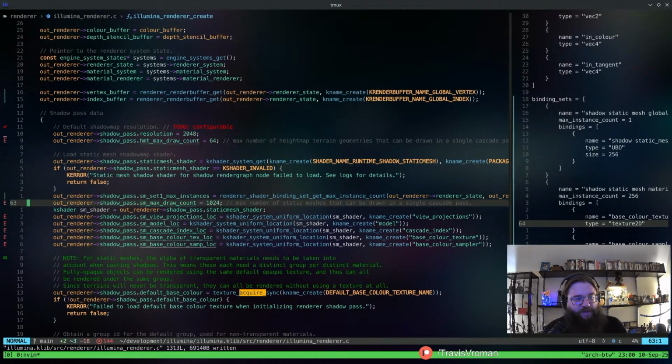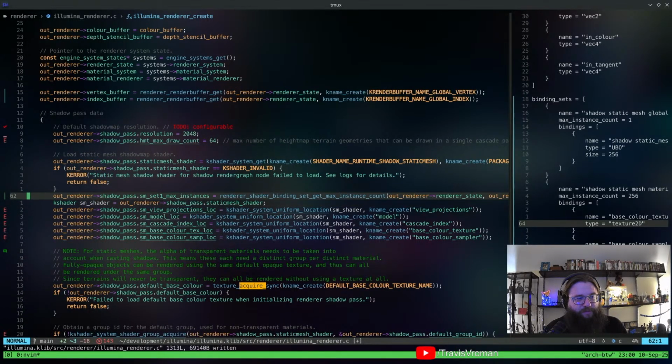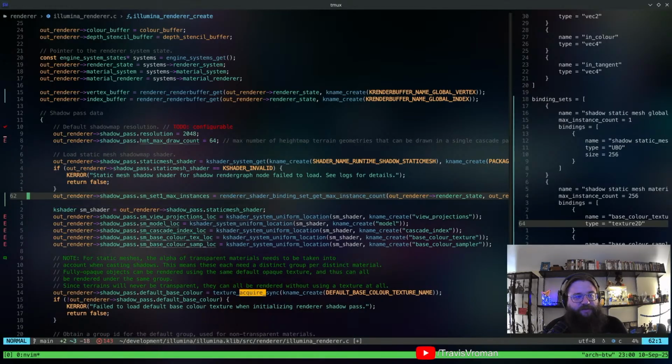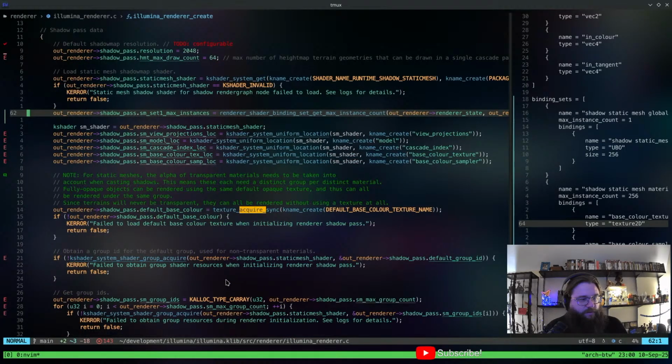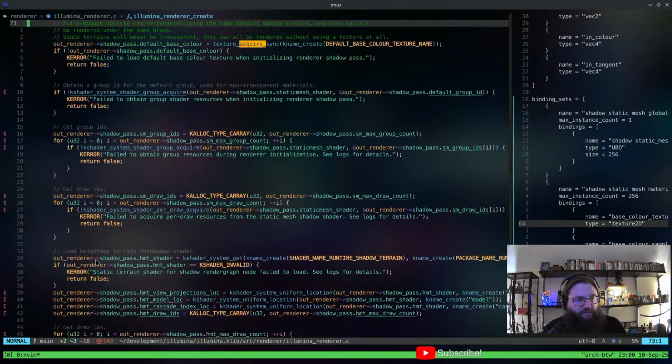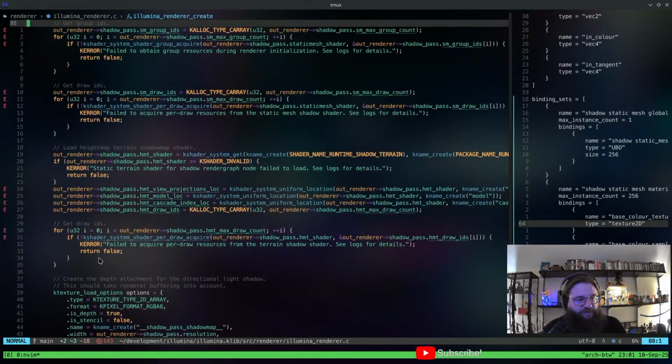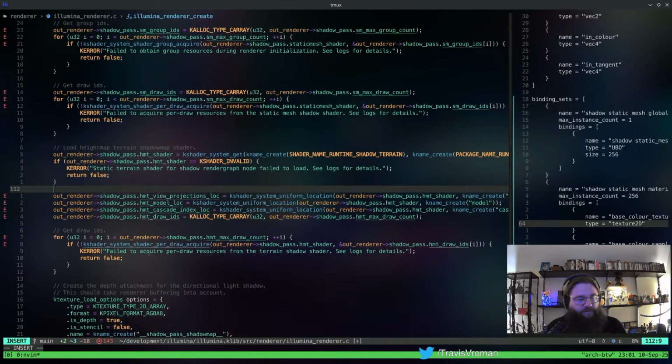Right? And we don't have a thing called max draws anymore. Right? So this is kind of the new way that we're going to acquire that count. And then obviously we'll have to do the same thing for the terrain shader, which is going to be right here.